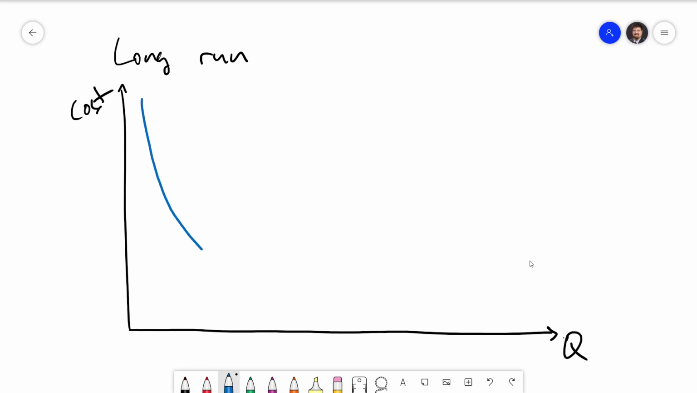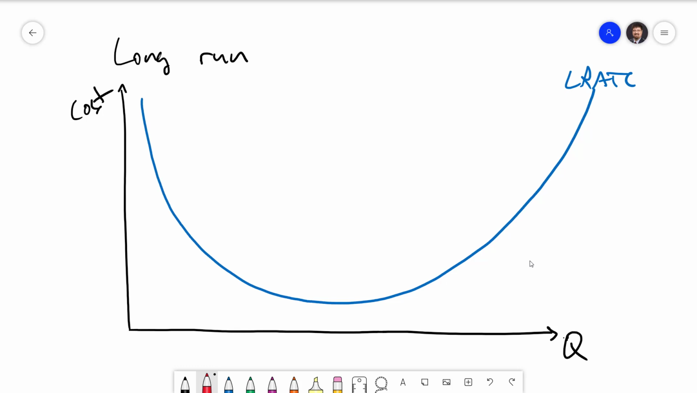I'm just going to draw an example long run average total cost curve. It looks something like this. We are able to choose K perfectly for any level of Q. So the long run average total cost represents the lowest possible average total cost for any given Q. But in the short run, K is fixed. In the short run, average total cost is always going to be at least as high as long run average total cost. If we draw in some short run average total cost curves,